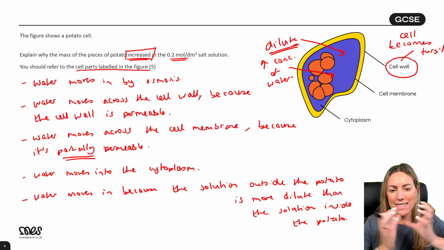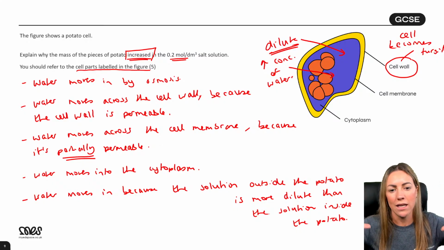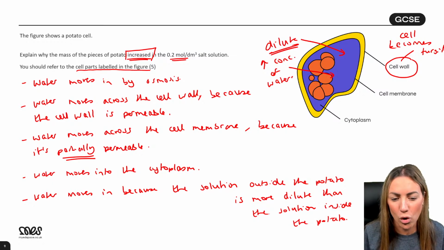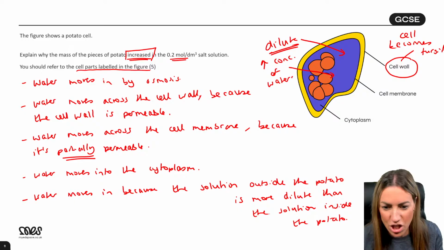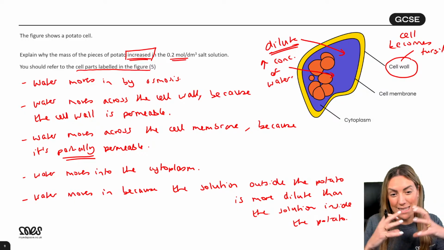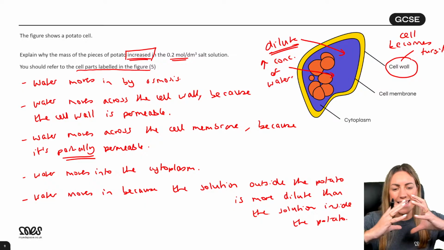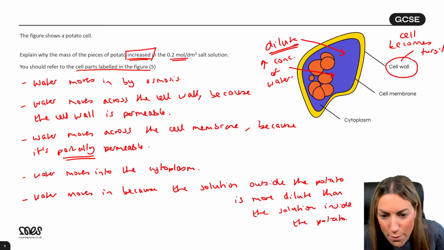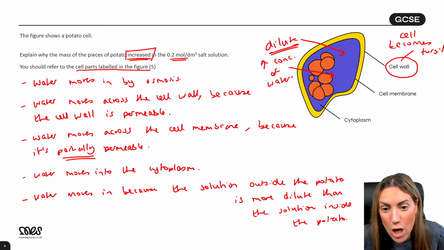So the cytoplasm is filling up with water. You've got this pressure, but because this is a plant cell, it won't burst because of the strong cellulose cell wall. The cell just becomes turgid. So turgid, Harvey, is when the cytoplasm is full of water and it's exerting a pressure on the cell wall, but the cell wall is so strong that the cell does not burst. Osmosis is only for water, yes.